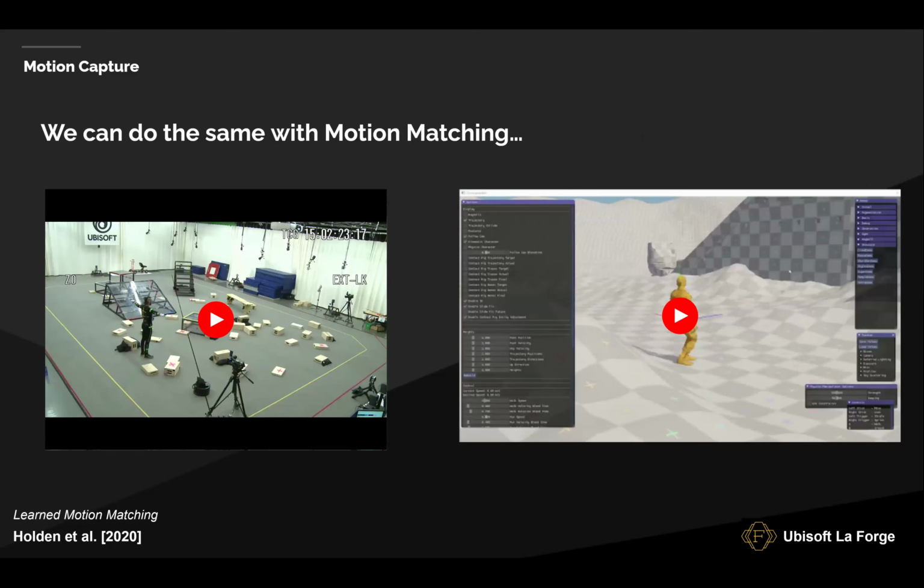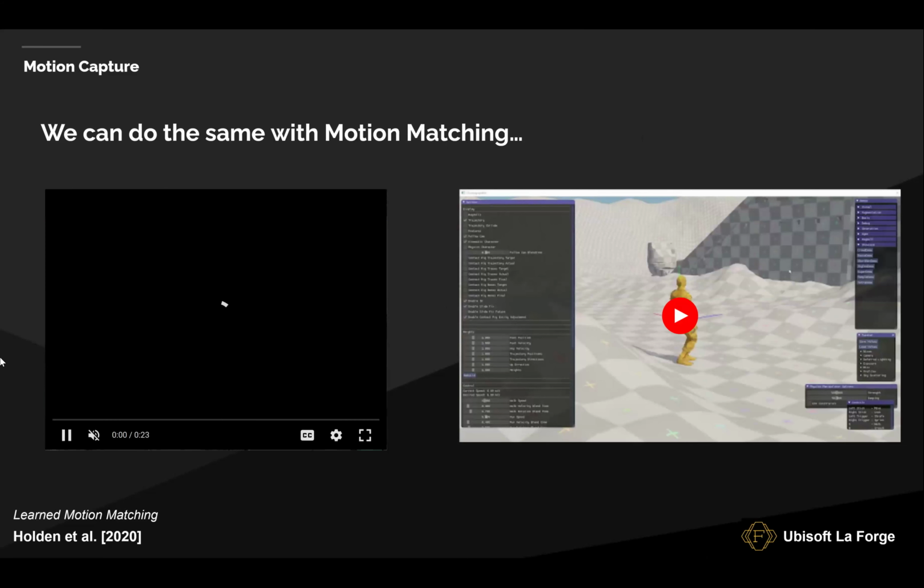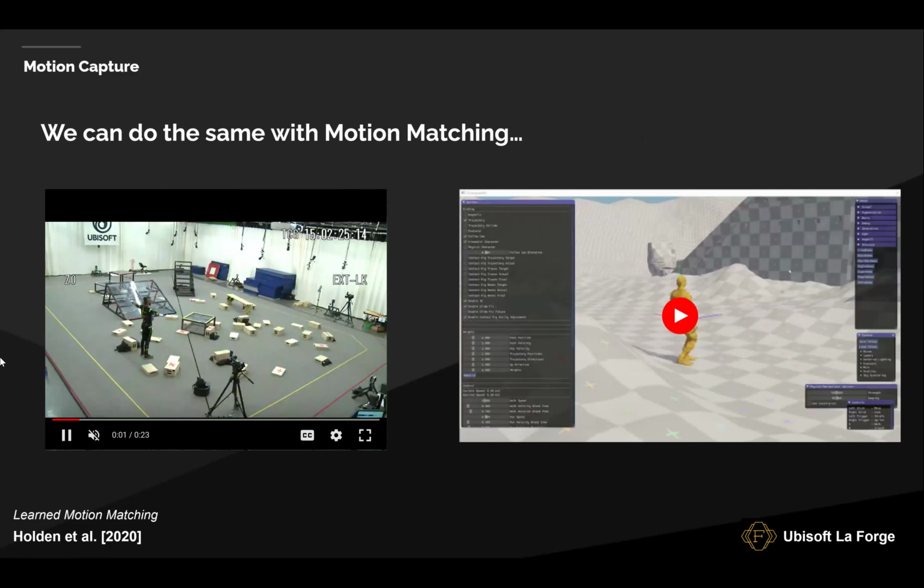And there's another technique which is very common in video games called motion matching, which is another data-driven technique. And we showed that because this is also a data-driven technique, you get the same scalability. So here is the motion capture we got for navigating rough terrain. You can see the character here is trying to strafe over all these different obstacles we set up.